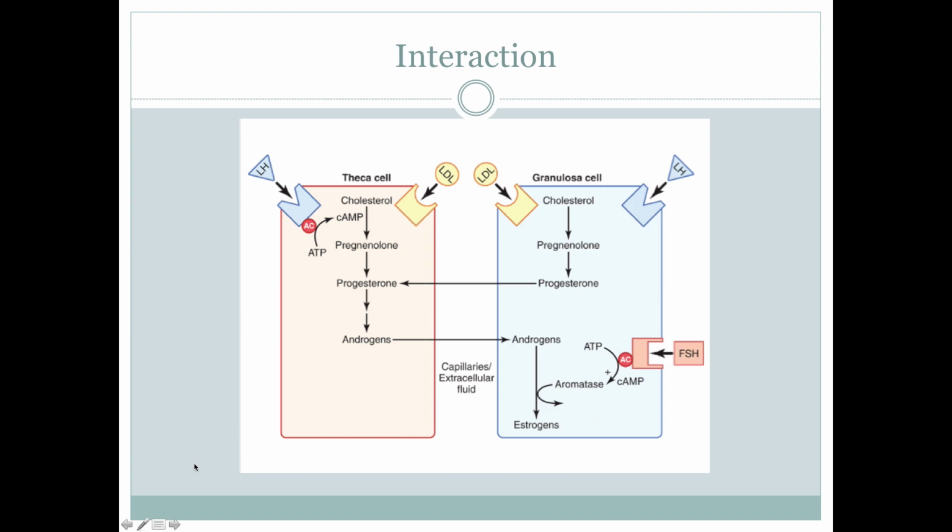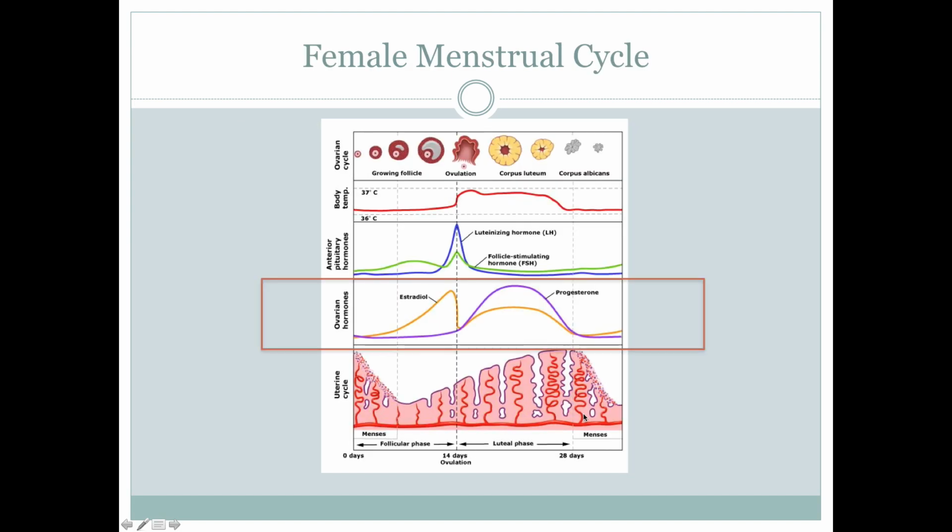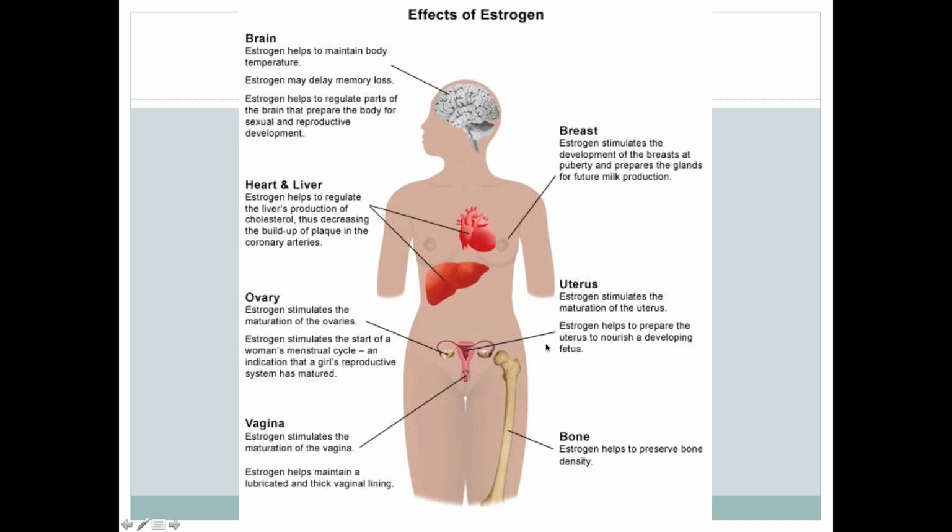So you have to have active pituitary function in order for steroidogenesis to occur. Woo! So that was all the ovaries. So please know, when I ask which hormone is predominant during the follicular versus luteal phase, and where they're coming from: estradiol is coming from the follicle and progesterone is coming from the corpus luteum.